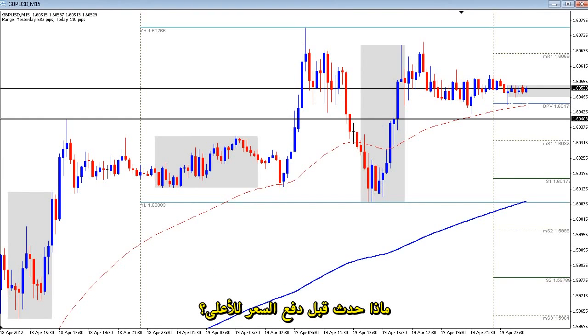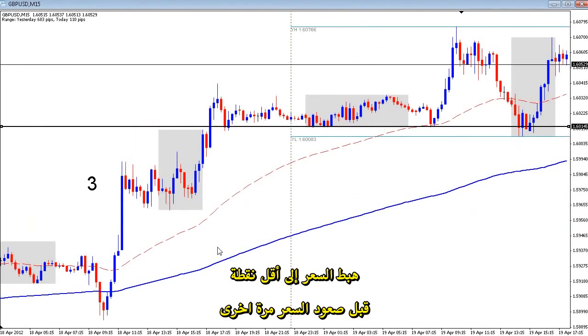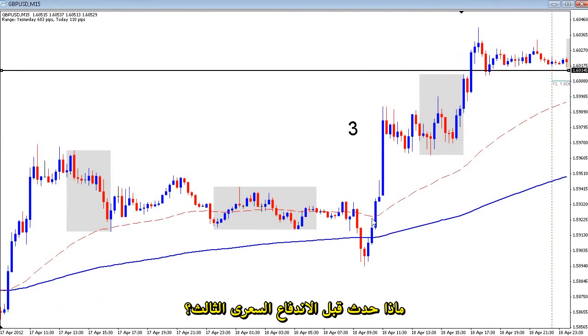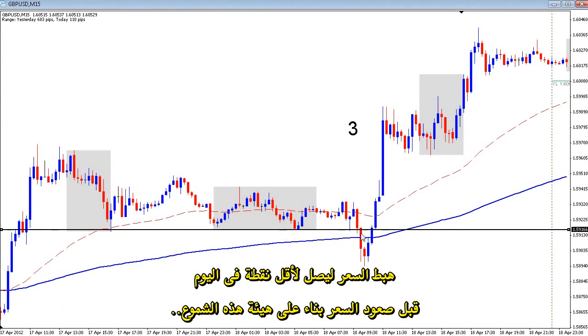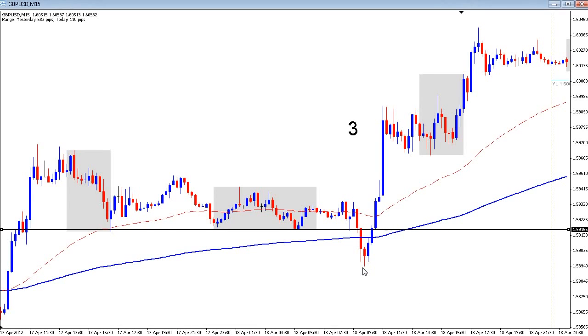Before they drive the price back up, what do they do? Again, they take out the lows before driving the price back to the upside. What do they do before they create the third push up? They come down, they take out the lows before driving the price back up. Again, using those candle formations, in this case using the fact that you're seeing wicks to the downside, a morning star candle formation there, or it's engulfing back to the upside,